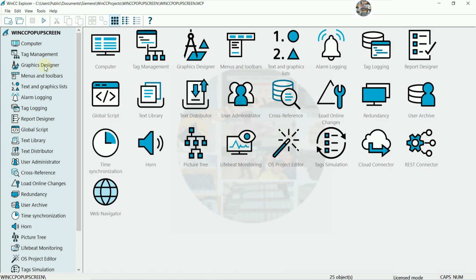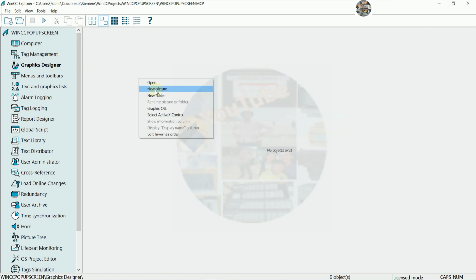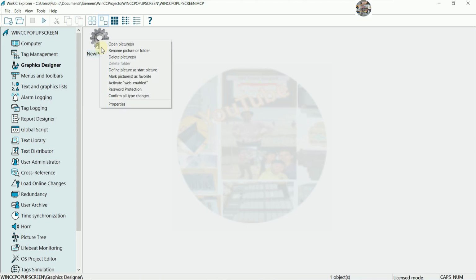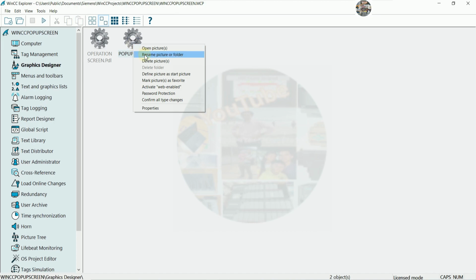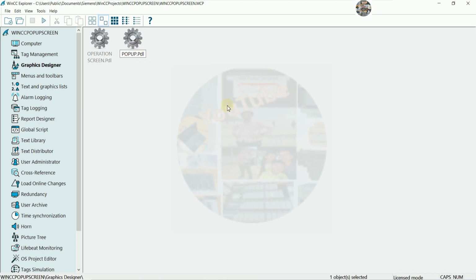Okay, and then we can go to graphic designer, create the new picture. It means create the new screen. So the screen I will use operation screen, and then I will create one more screen for pop up lift. Yes, or we can create any pop up for motor 1 to motor 10. Yes, so for the tag prefix, I will create one more below in next step. So right now I will create pop up